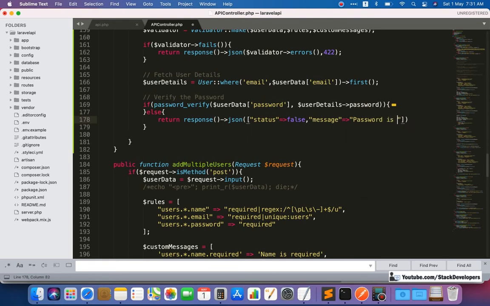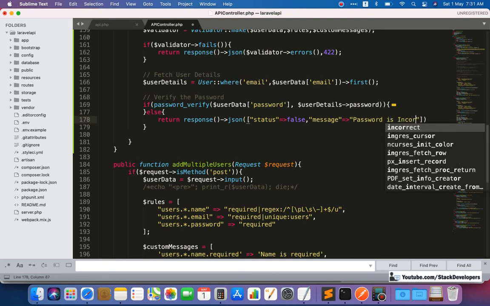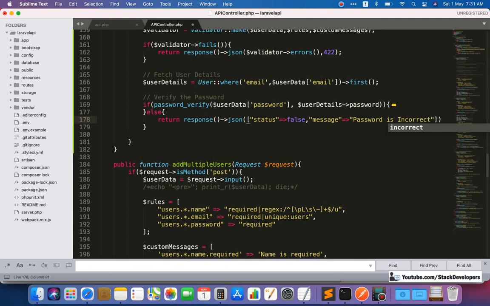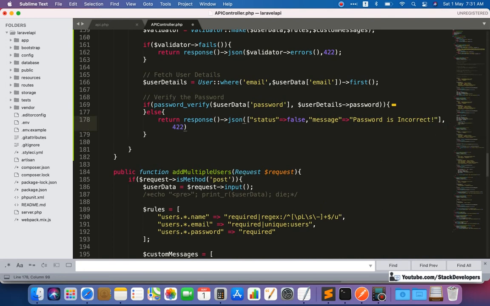Okay, password is incorrect. And with the 422 status code, that is for the error message.